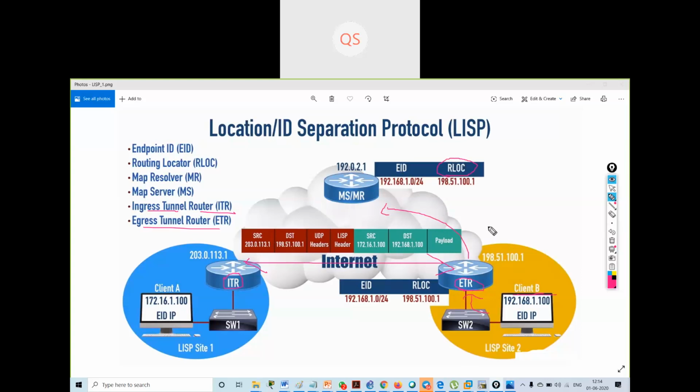Now for example, if client A wants to communicate with client B, the LISP router at LISP site 1 is going to query the map resolver. It will say, give me the destination of the client with this IP address, 1.100.